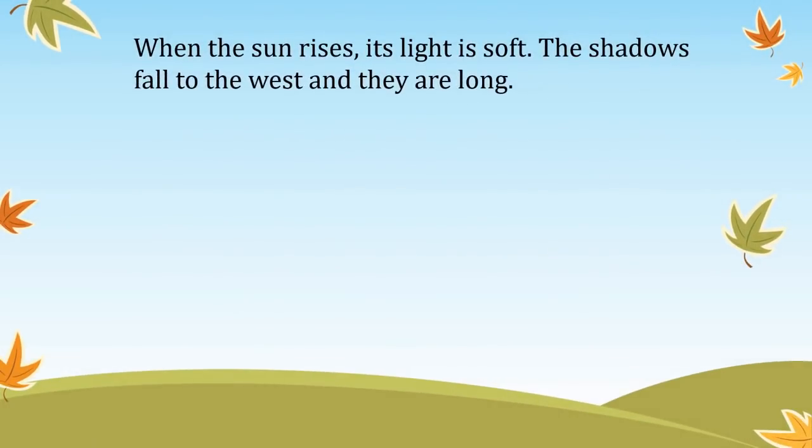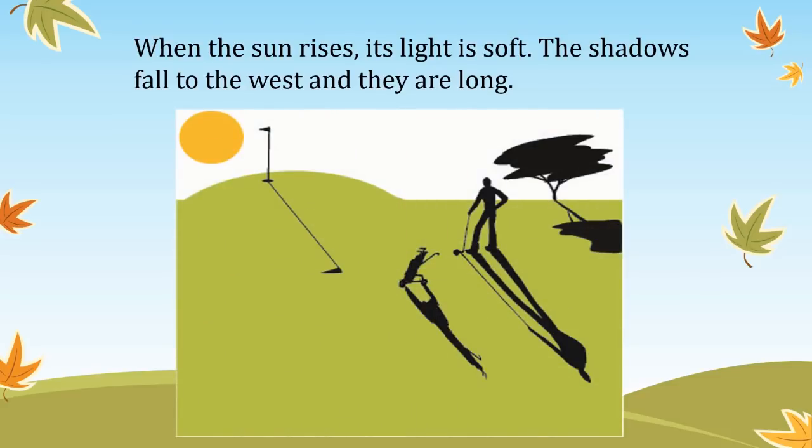When the sun rises, its light is soft. The shadows fall to the west and they are long. So students, in the morning, the sunlight is not harmful for us, but it is very soft. As the sun rises from the east, the shadow of the object on which the sunlight falls is in the west direction and is also longer than the object. As you can see in the picture,